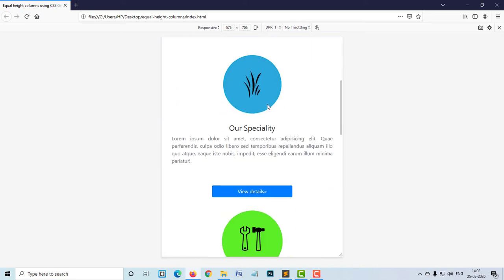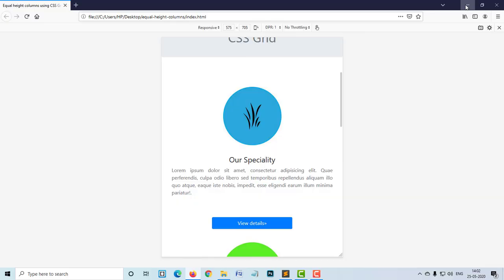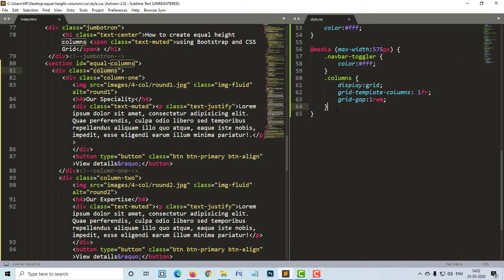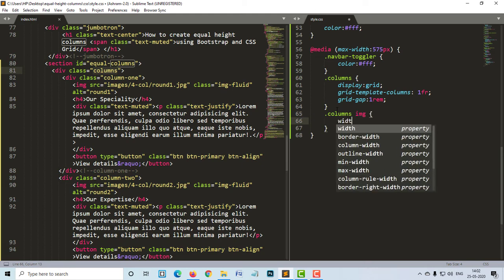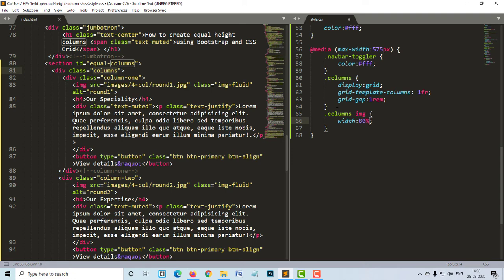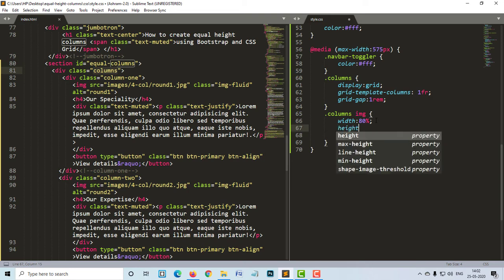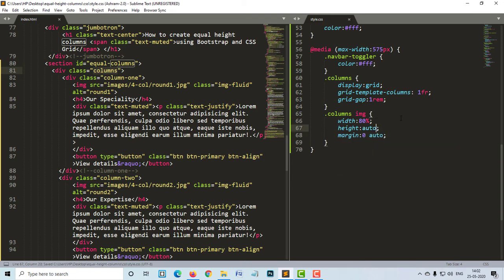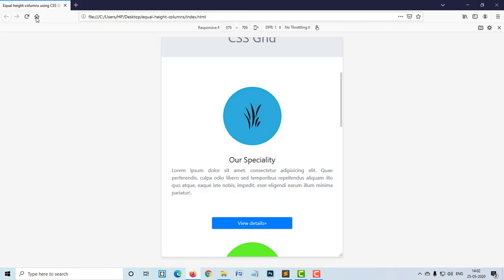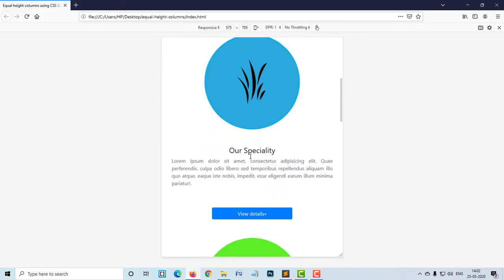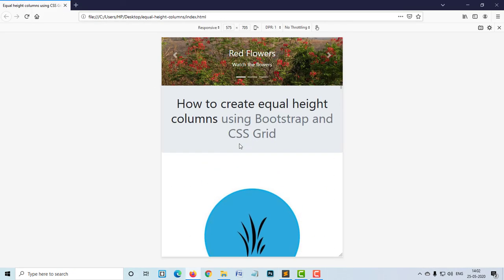Let's do some little customization to this for better presentation. So the image size, let's say column img, the width of the images, so say 80%, say margin 0 and auto, and let's also keep the height of the image to be auto. Save it. Now if you come and refresh, you see the image size is slightly increased,